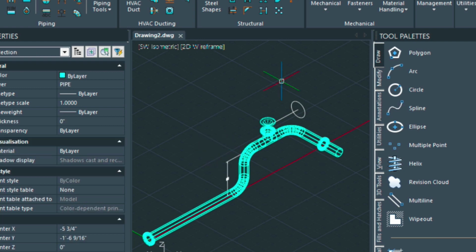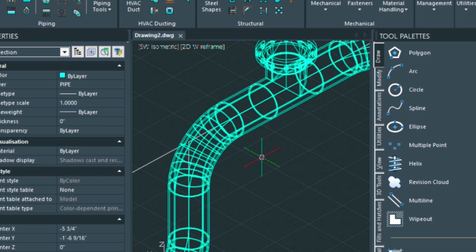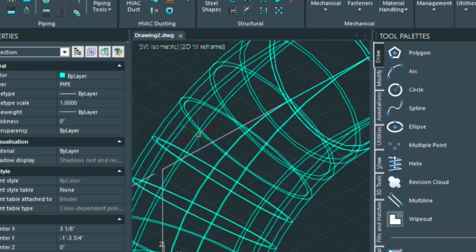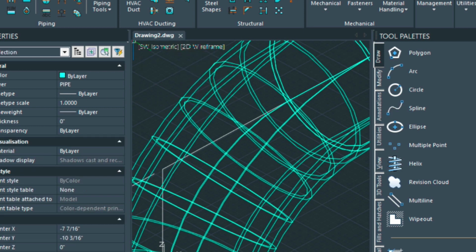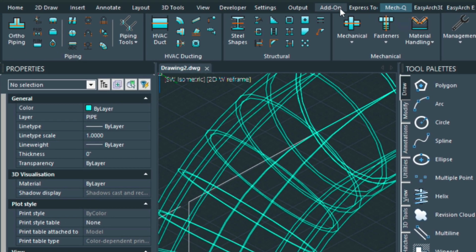So this way, when we look at the construction layer that we were using, you can see it here. It's on layer 0. When we isolate this layer, which we can do by going into the Home tab and then going to